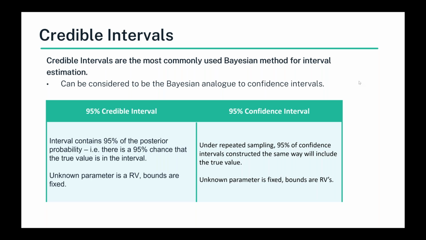And that is why credible intervals can become a very appealing alternative, because along with the ability to incorporate prior knowledge, which is part of the whole Bayesian framework, provided your assumptions are met, like your prior is properly specified, etc., then a credible interval can be interpreted as a probability that the true value is in the interval. So for a 95% credible interval, it is correct to say that there's a 95% probability that the true value